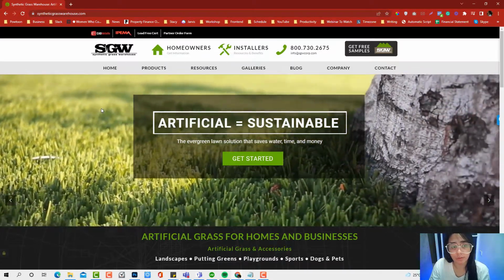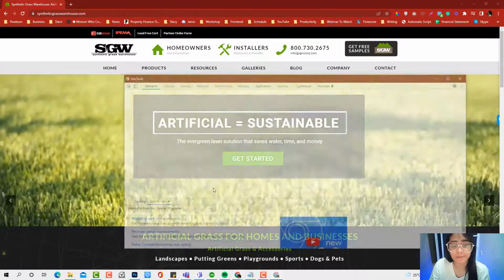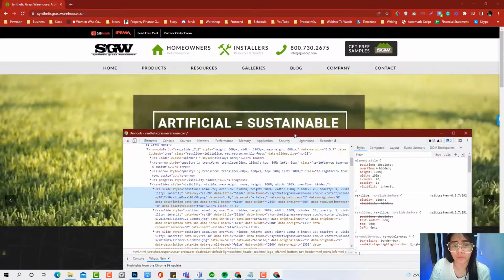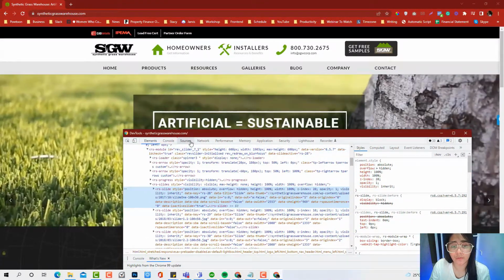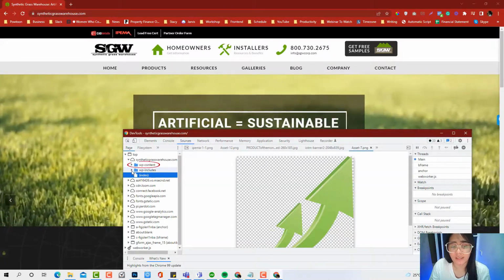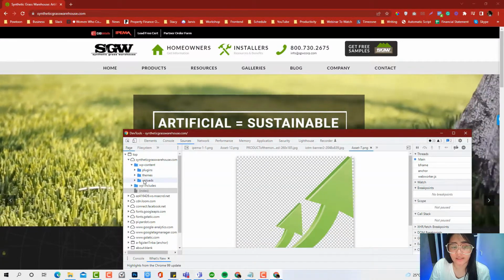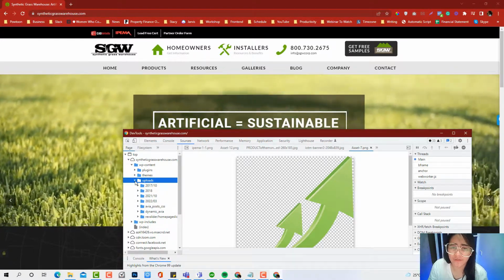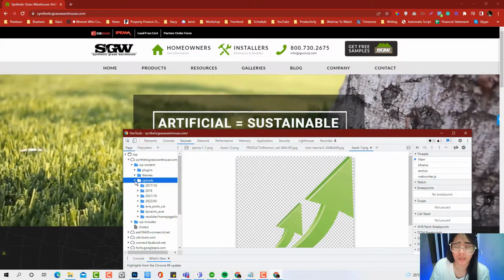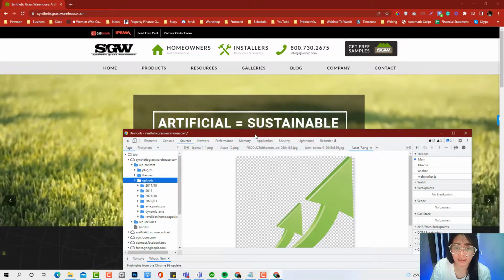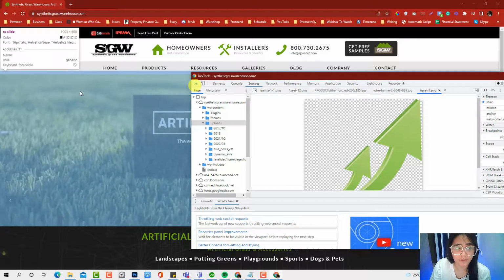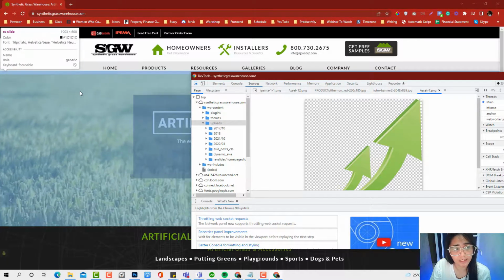So what you can do is inspect the elements. And in most cases, if you are using a WordPress website, you just go into the sources files, go to the WP content and go to the upload section. But sometimes this is not visible, especially if you are looking for an MP4 format. And I'm going to give you an example. And I believe this area in here, if I inspect the elements,